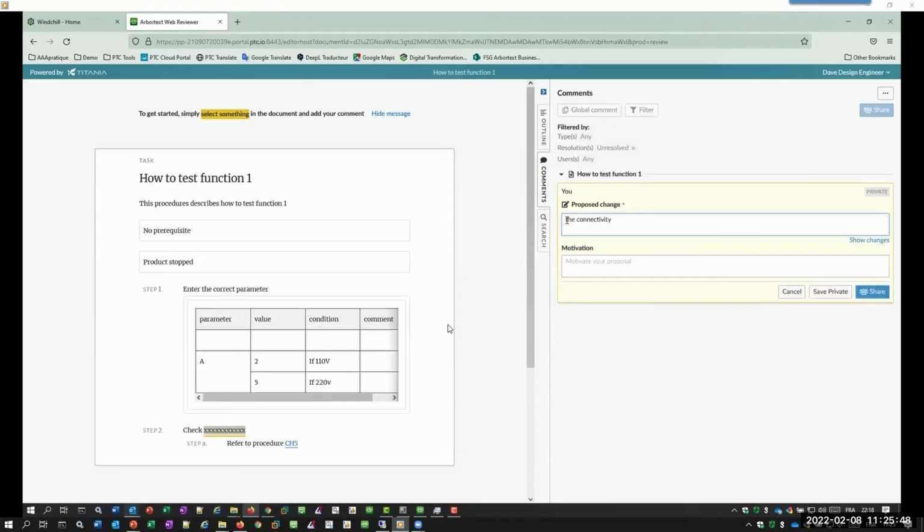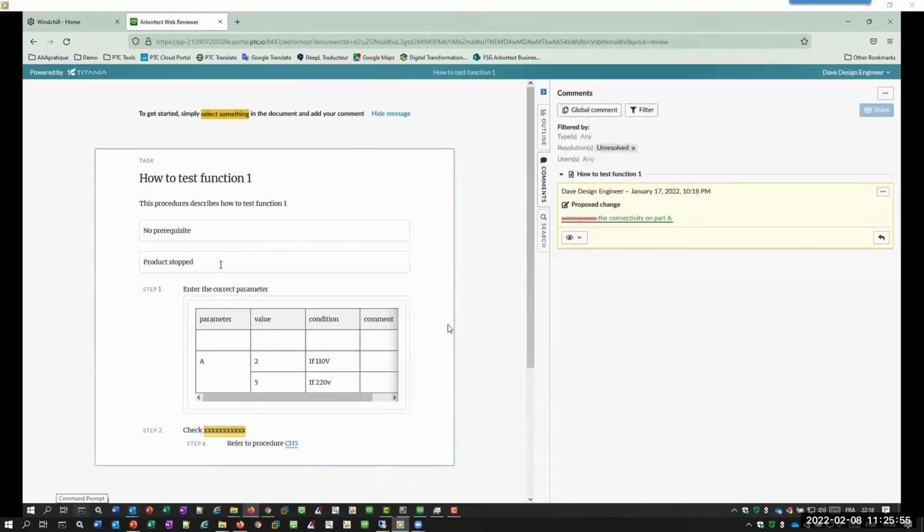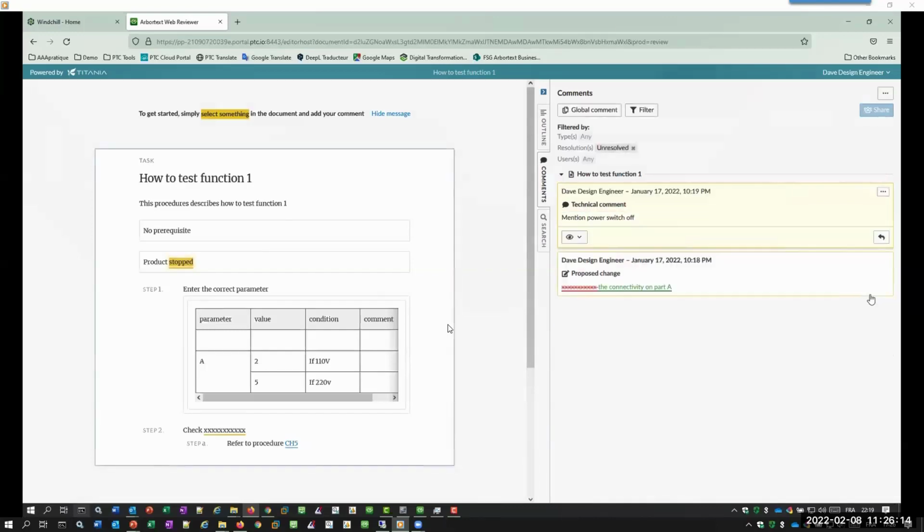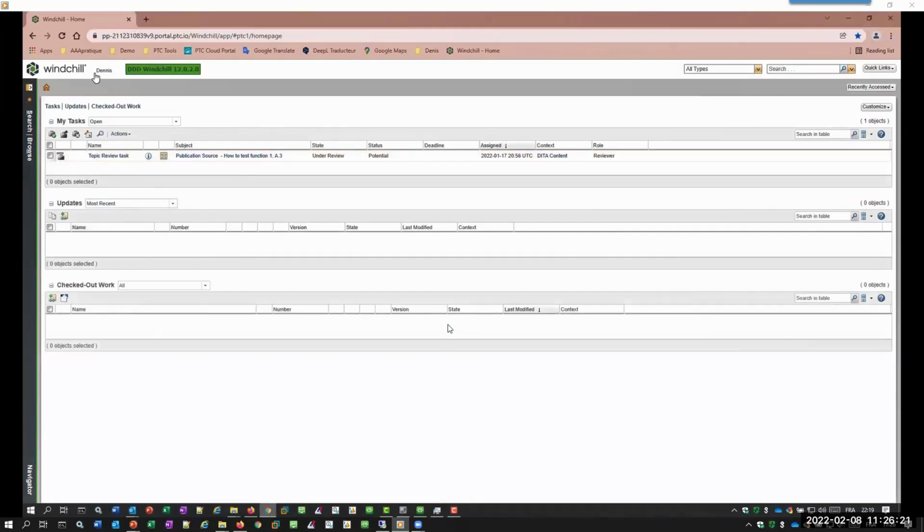And here we are proposing to make a change. So we selected some text and we are adding how we would like this text to be replaced in the content. And we will see later how this is handled. And here we are adding a new comment saying that we should add some additional information to what was initially authored. And when done,